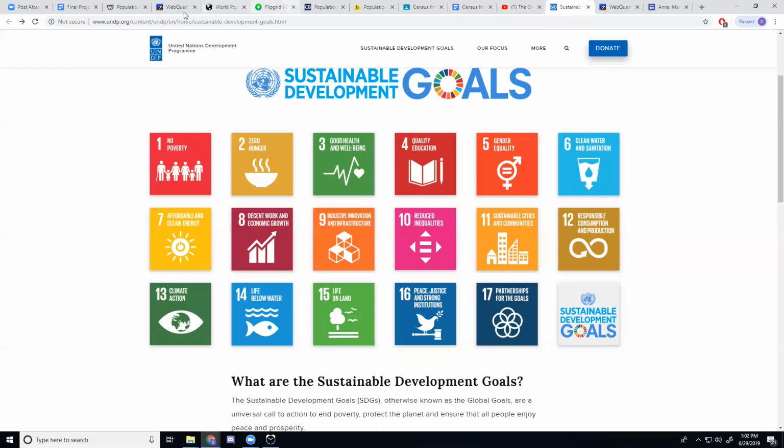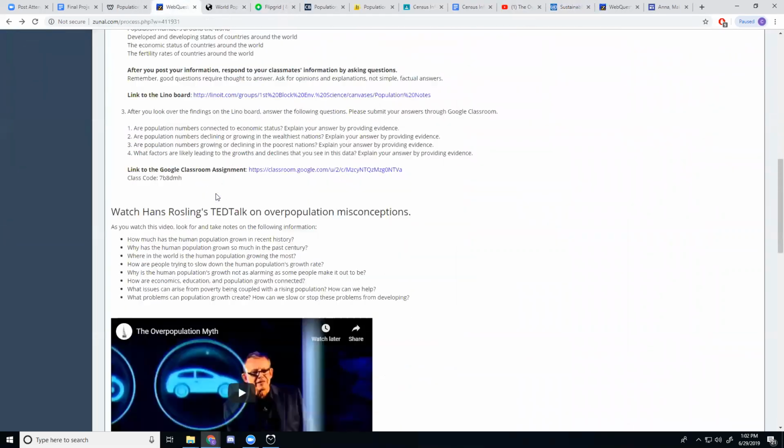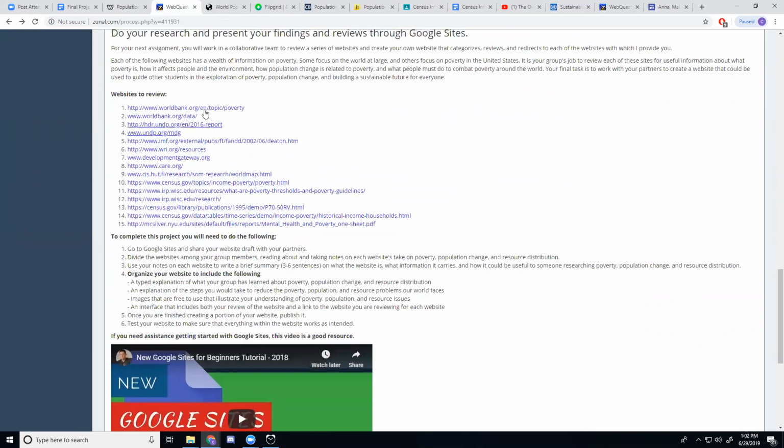Next, they're going to be tasked with looking at a series of websites. Now, this is an intro to being able to do good research. I want my students to look at these websites and understand that they are good websites. And I'm asking them to go through each of these websites as a group, evaluate the website on what it offers, what information does it have, how could it help a potential learner learn about populations and poverty and resource